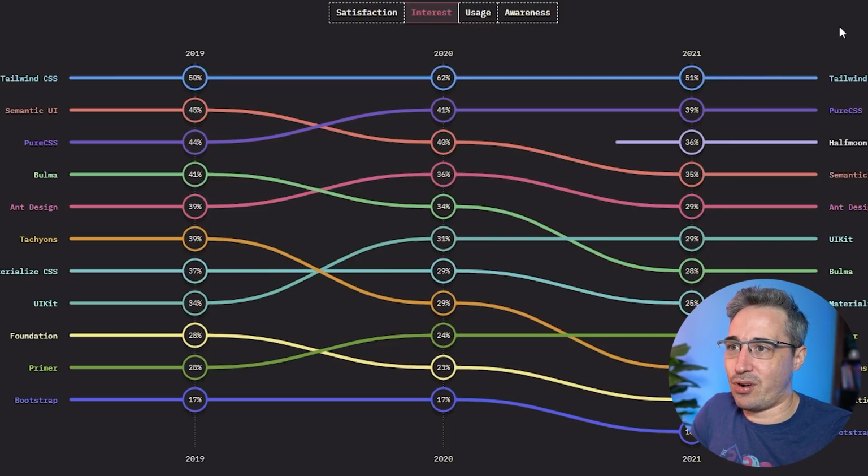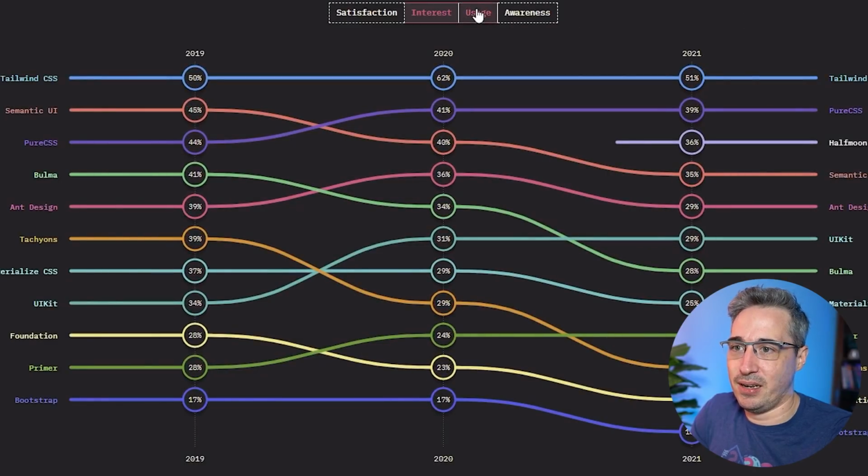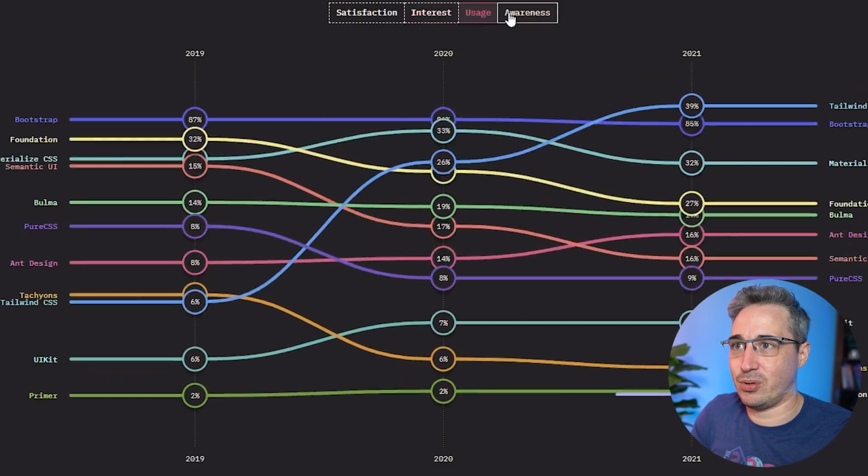Semantic UI is dropping. Bulma is really dropping. Look at that, that's interesting. What about Tachyons? It has really dropped off as well, and I haven't heard much about that. Foundation is dropping off. I find it really interesting seeing how some of them actually just drop off in interest, because I think it shows